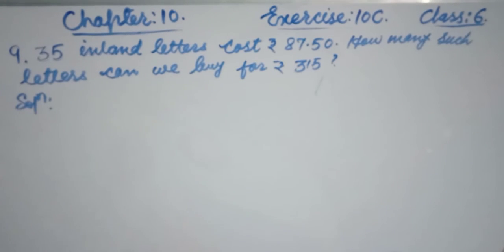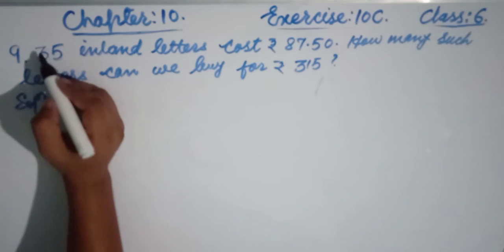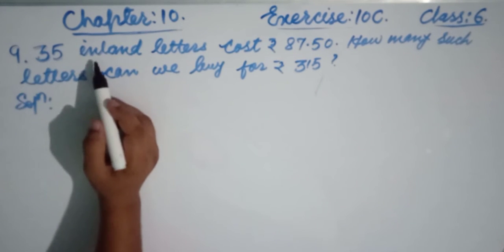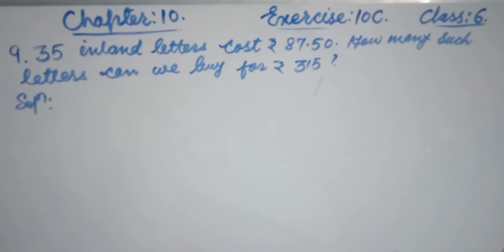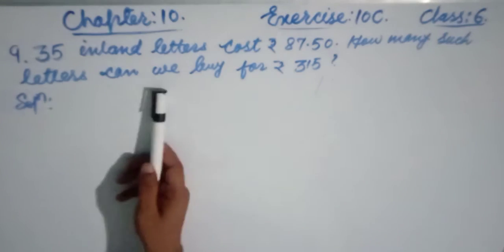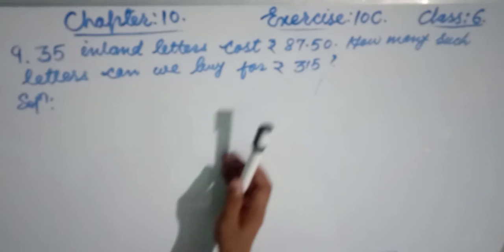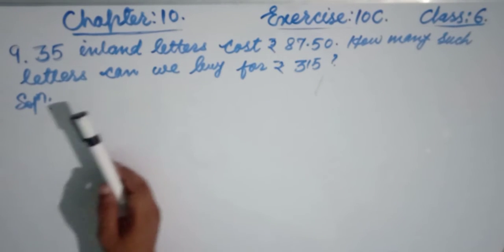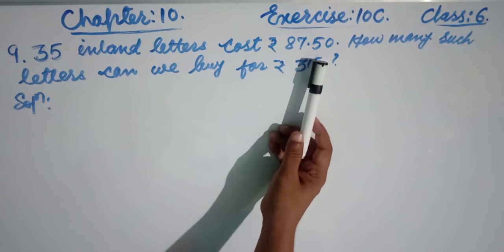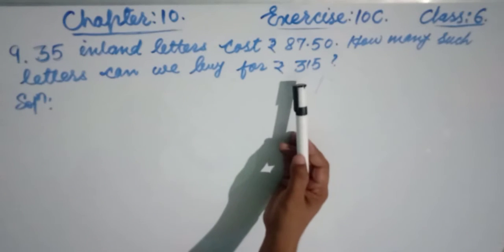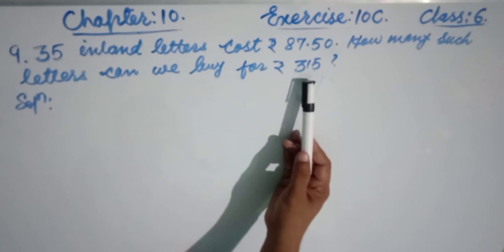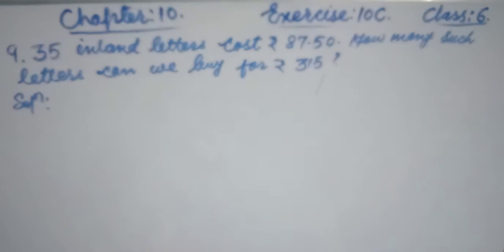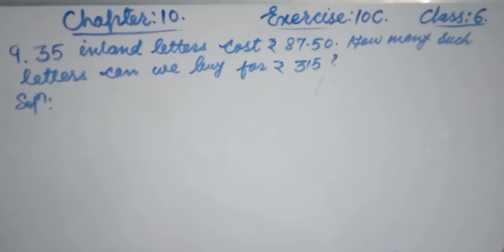Now see friend, next question number 9 says 35 liters cost rupees 87.50, how many such liters can we buy for 350 rupees? कह रहा है कि 35 लीटर्स की कीमत 87.50 है, तो मुझे फाइंड करना है कि 315 रुपीज़ में कितने लीटर आप बाई कर सकते हैं। ओके, सिंपल फ्रेंड, फर्स्ट वी हैव टू कॉपी द फर्स्ट